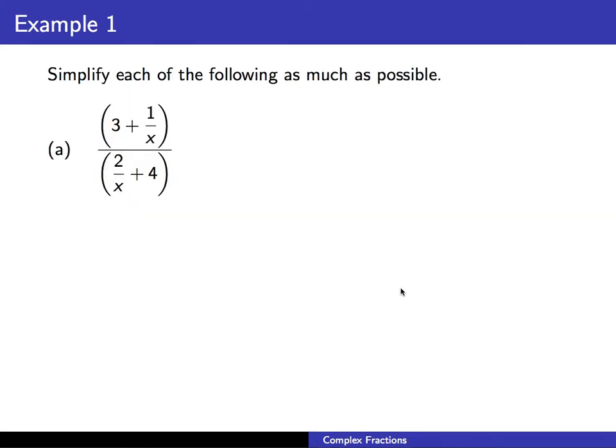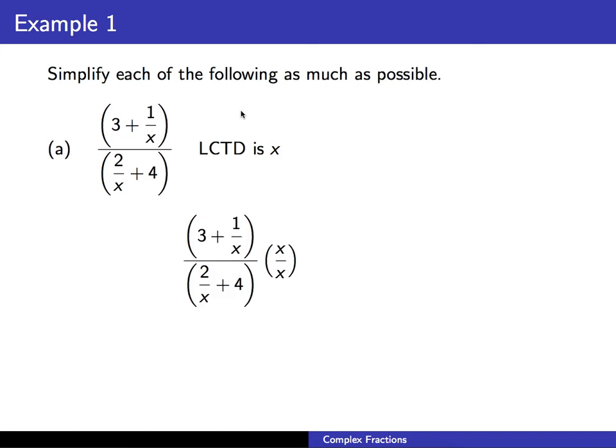All right, example 1, we're going to simplify each of the following as much as possible. We have part A, we have 3 plus 1 over x all over 2 over x plus 4. So I just use parentheses to group them together. So looking at our tiny fractions, we have a 1 over x and a 2 over x. So those are nice because they have the same denominator, which makes x our least common tiny denominator. And so what we're going to do is multiply every single term, all 4 of them, by x. So we're going to take 3 times x, 1 over x times x, 2 over x times x, and